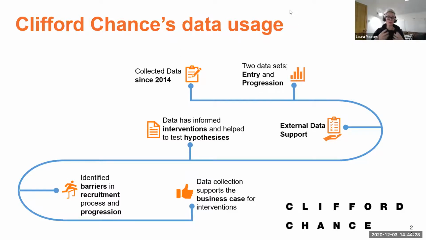We've used a whole host of external support. We've worked with Rare, with Piracle, with the Bridge Group to really crunch the data. Much of this has stemmed from our work on ethnicity, from the gender pay gap to the ethnicity pay gap, but also then covering all of the intersectionalities and shining a light on some of those social mobility angles. And many of the interventions have been very similar.